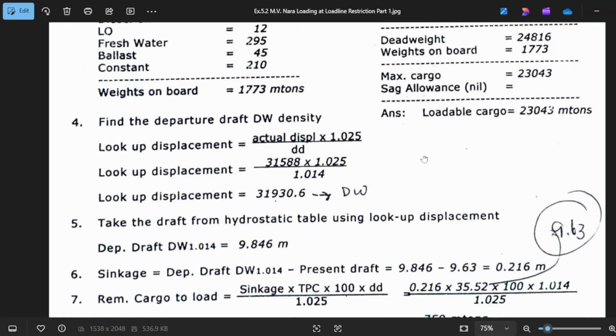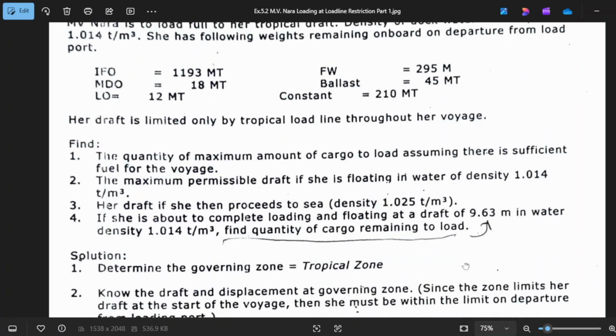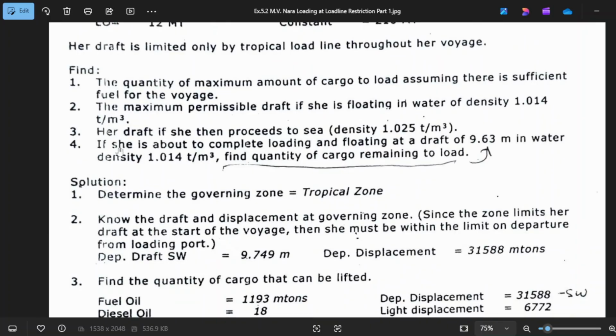Then according to number 4, if she's about to complete loading and floating at a draft of 9.63 in water density 1.014, find the quantity of cargo remaining to load. So he has to stop at a draft of 9.63 in dock water density 1.014. So let's use the program.